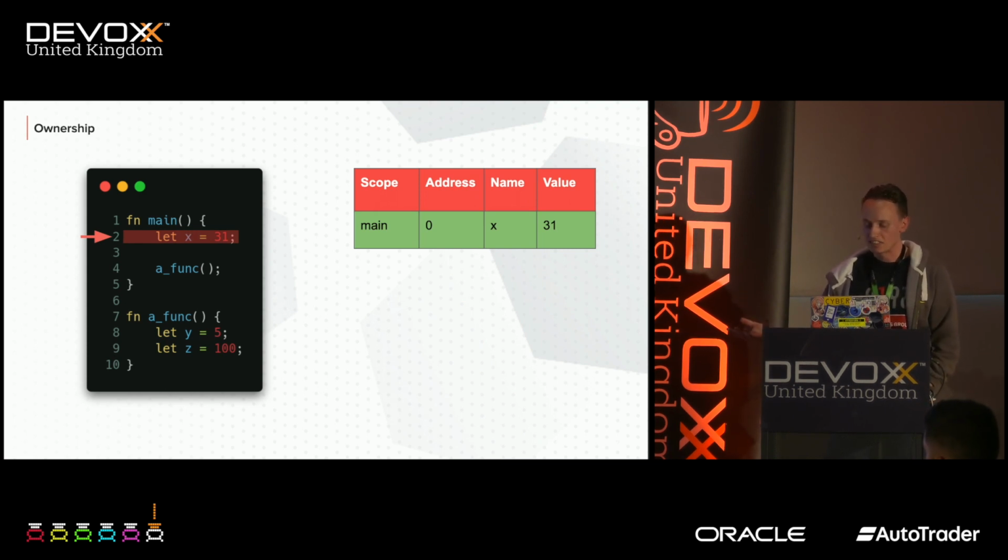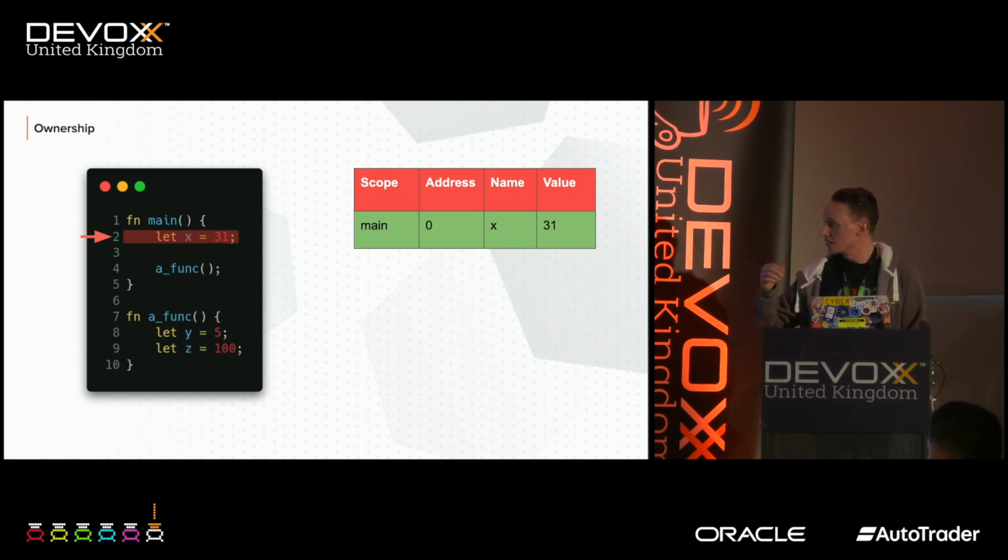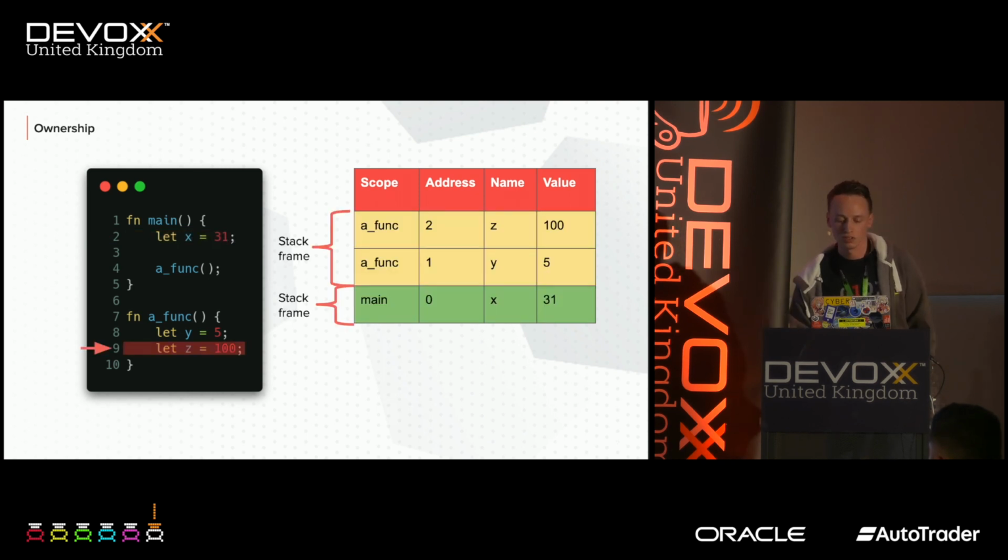So the stack, if you've ever seen a stack trace, the stack is essentially that. When you go through a stack trace, that is the stack memory model popping layer by layer and telling you where it's been. In this example, we have a main function that's calling a second one. And when we enter this first function, we're going to allocate a piece of memory for this variable we're calling x at some address. And this is what we call a stack frame. So as soon as we enter that scope, we're creating a new stack frame in memory. And when we enter a new function, we're creating a second stack frame for this new function. We're able to tell which ones are part of which stack